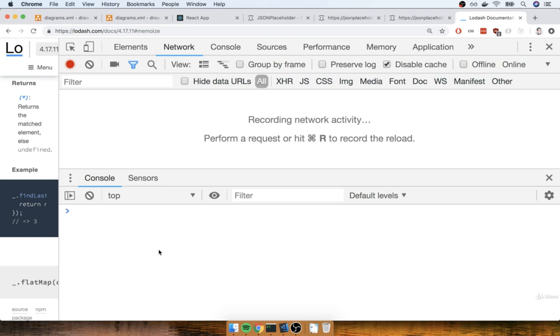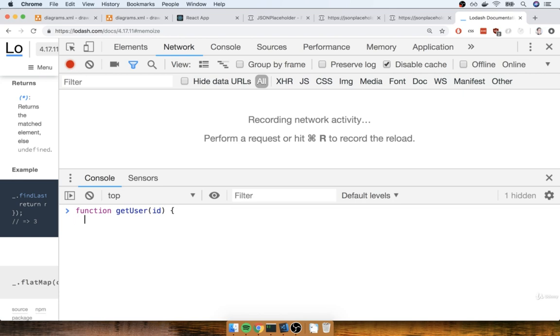All right, so inside of here, we're going to write out a quick function that is very similar to our fetch users function inside of our project. So I'm going to create a new function called getUser. This is going to be called with an ID. Now I'm going to go down to a new line here. To get a new line inside of your Chrome console, you can hit Shift Enter, like so. If you just hit Enter, it's going to try to run that code, which is not what we want just